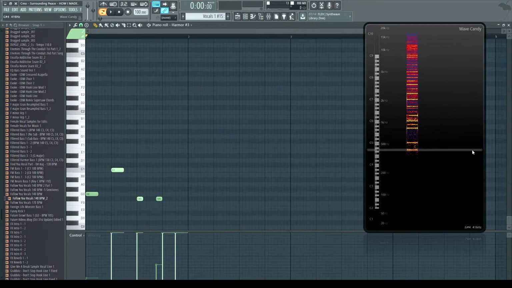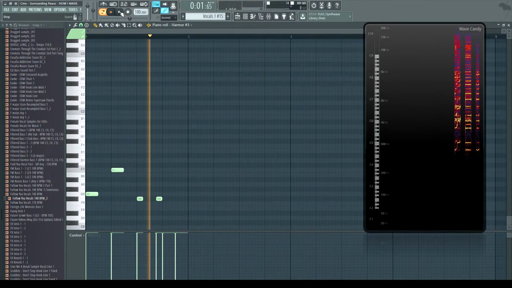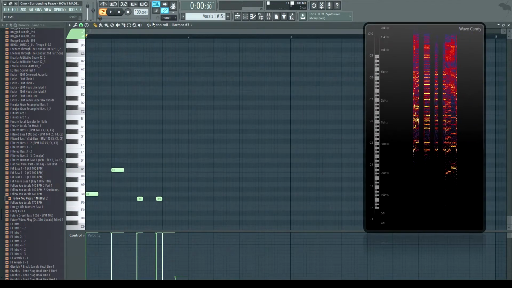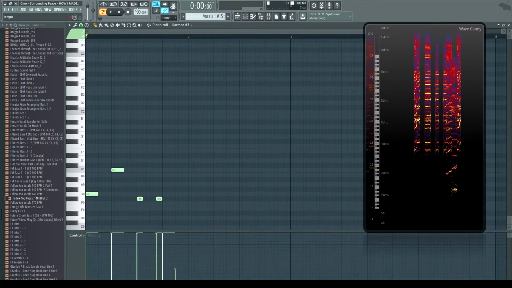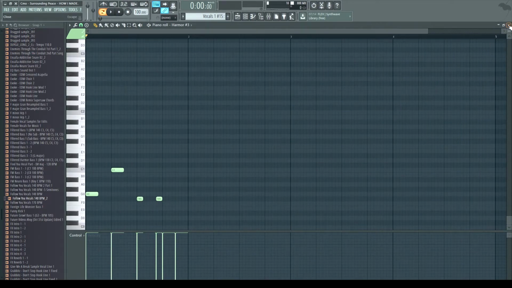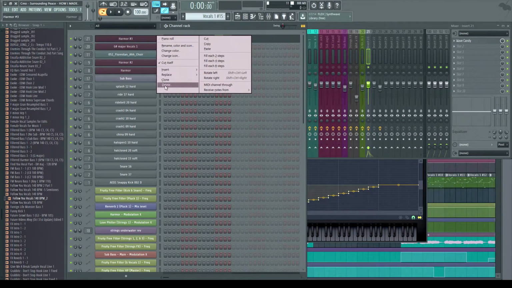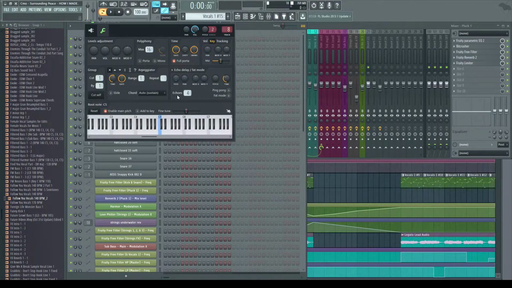Vocal chops, at least this way. Or of course you just could not mess around with the pitches at all, and then everything that you ever press will be in the same key regardless, because you're not lazy. Or you are lazy. Or something, I don't know. Or you could just do it by ear, but whatever. That's the hard way. You don't want to do it the hard way, so why do it the hard way? You can just do it the easy way by using Wave Candy. Anyway, that's vocal chops, how to do them, and I'll probably make a separate tutorial for this whole thing, but there you go. Let's talk about plucks.